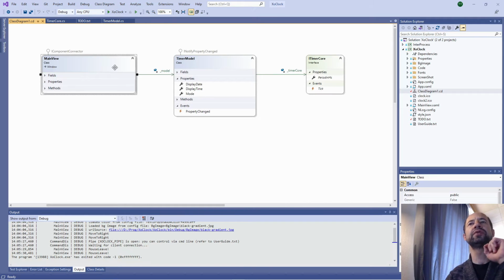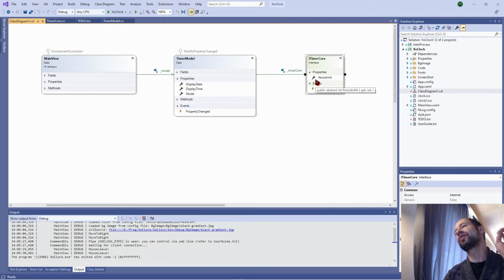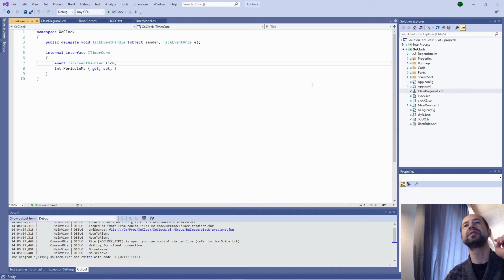So we have the main view. The main view is instantiating a model. The model is using an instance of an object which is implementing the eTimer core. And in the eTimer core, we have some events, which is tick, which is this one.